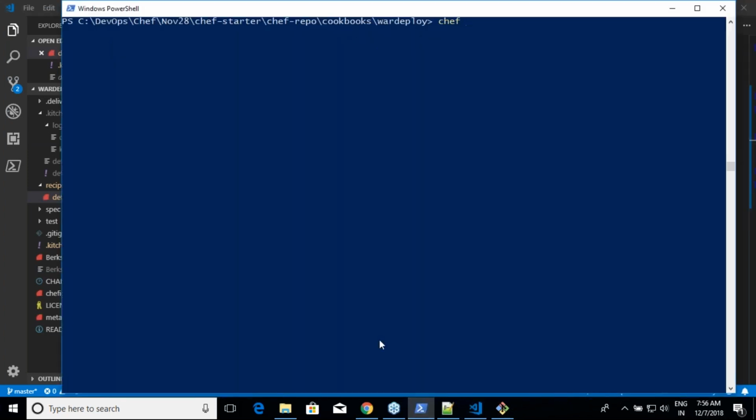So what I will do is chef generate recipe in my current cookbook, and the recipe's name is tomcat7. Because I'm doing Tomcat 7 installation, I want to be explicit about it. Because Tomcat 8 doesn't fall under the same category. We have to do it differently. So that's why I'm not trying to write the same recipe for Tomcat 7 and Tomcat 8, in case in the future I want to work on a different version of it. Okay.